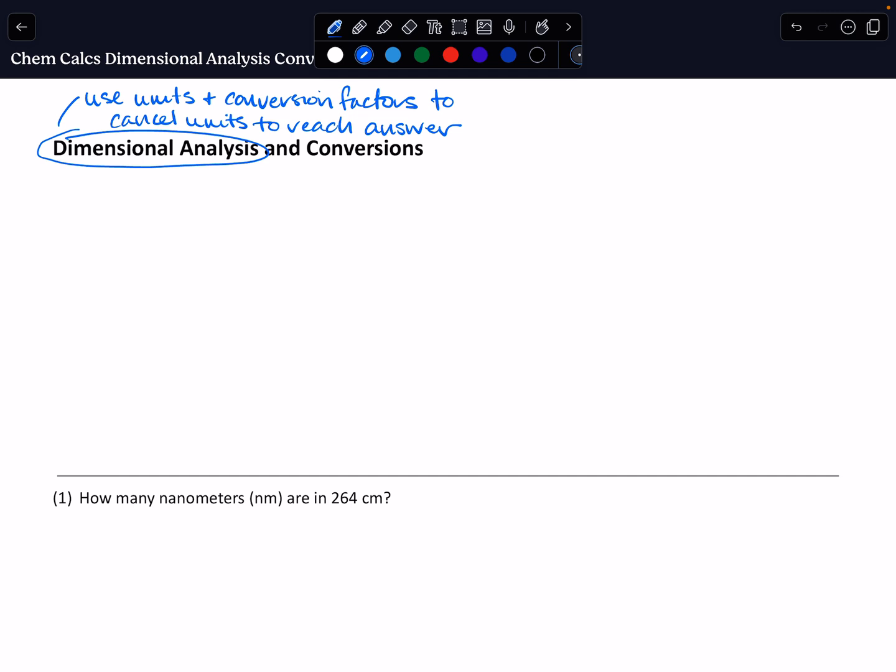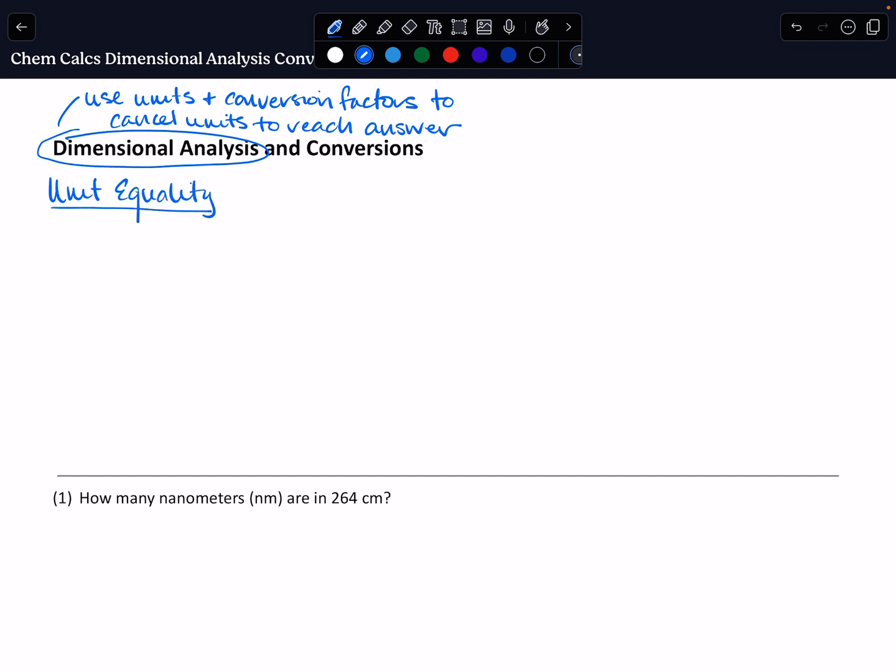You're given a particular number with a unit, you're asked for an answer in a particular unit. What equalities do you know that will help you get from your initial unit to your final unit? And with those equalities, we can set up conversion factors, and then we can cancel units as we walk our way down the problem. Okay, so let's start with that idea of a unit